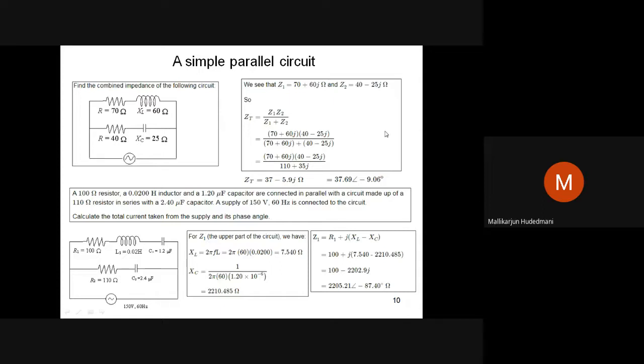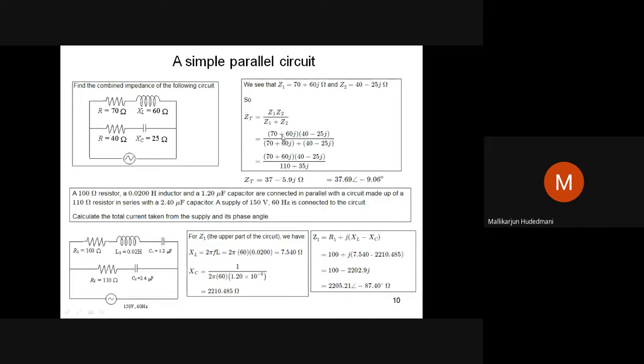Is it not a complex terminology? Absolutely right. For this you would have learned what is polar representation, what is complex representation, how mathematical operations in rectangular or polar combinations are done. If you remember that, this should be at your fingertips. How is this now? You can just try. You can make the numerator performed in steps. You just use a calculator, open a bracket, close a bracket, into, open a bracket, close a bracket.